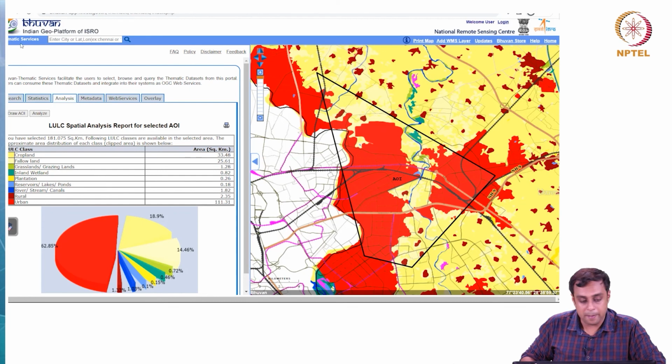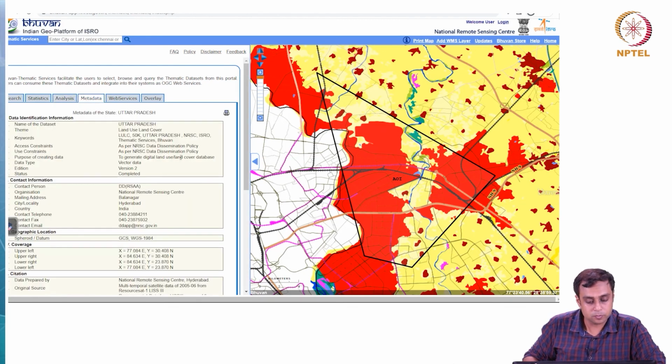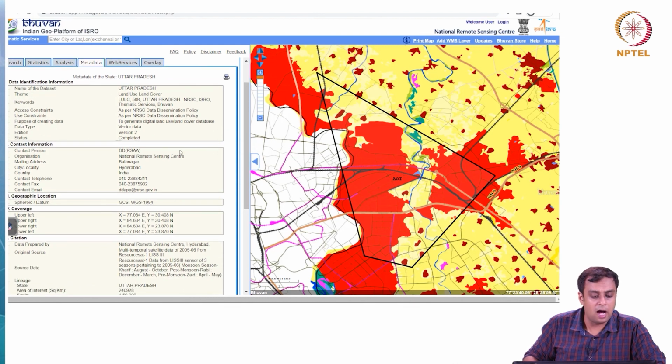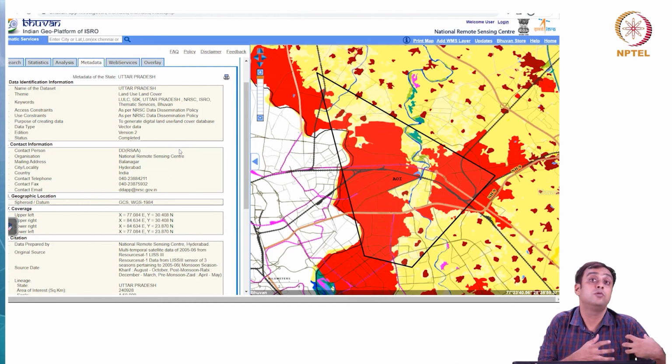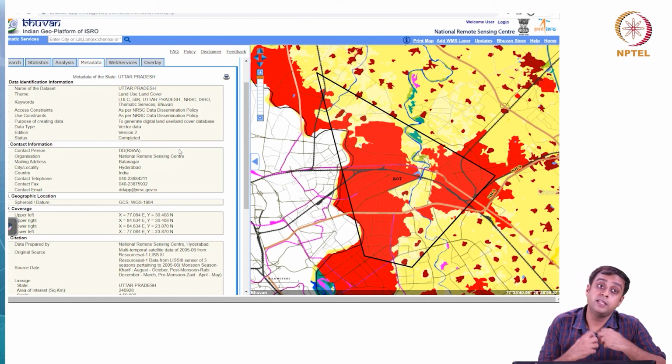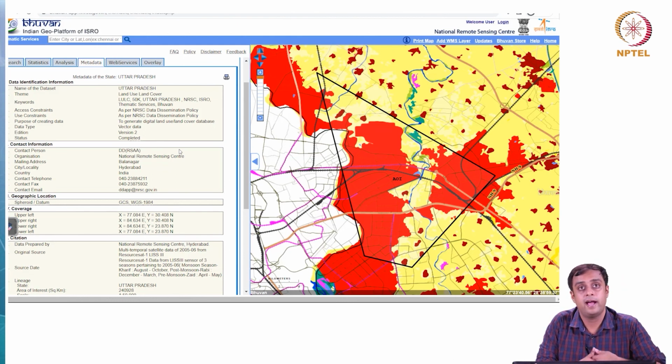As a next step, we can move to what is called the metadata. So, the metadata are the ones which contain all necessary information that you should know about this data, including its data generating process, what is the level of accuracy. If you are using these data, you must cite these data. How should you cite these data? If you have an issue with this data, whom should you contact, right? If you have queries about these data, whom should you contact, right? So, let us look at it.